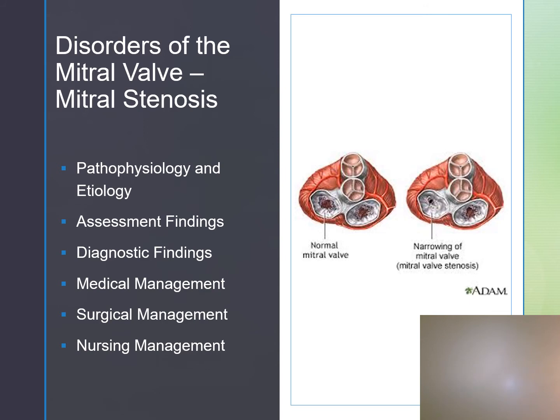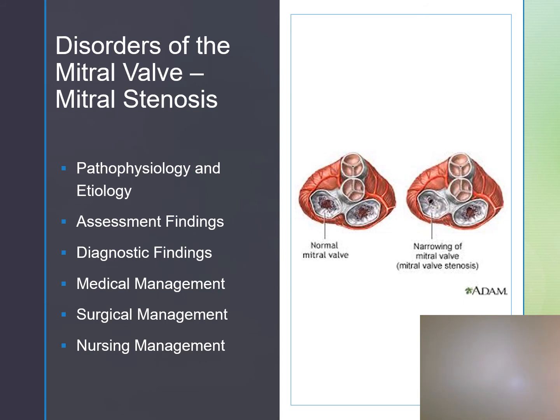Mitral valve is going to be located between the left atrium and left ventricle. It is a bicuspid valve. So causes of mitral stenosis would be rheumatic carditis or recurrence of endocarditis. Inflammation will cause a thick, rigid commissure, which is going to lead to incomplete emptying and may form an arterial